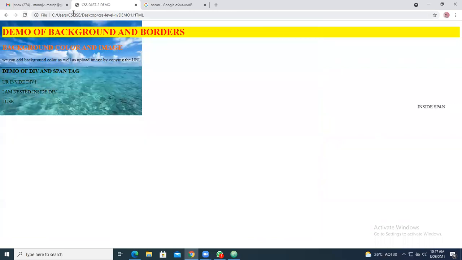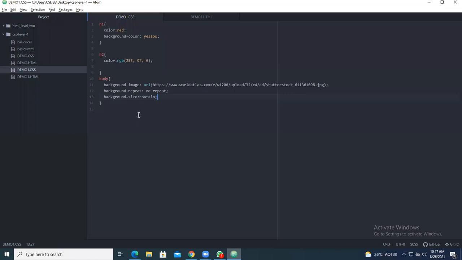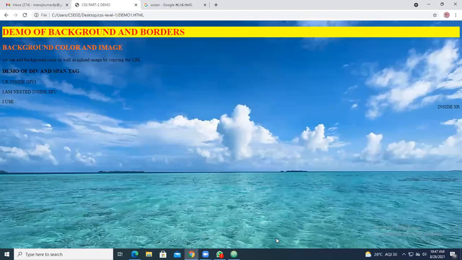It will contain only to the code that you have written. This is the code part, it will contain only for this particular thing. Similarly, if you go for cover, it will cover the entire page like this. So this is the demo of adding a background image for the entire page.